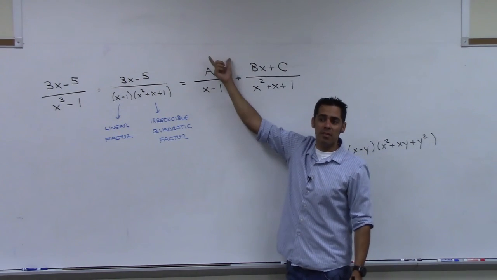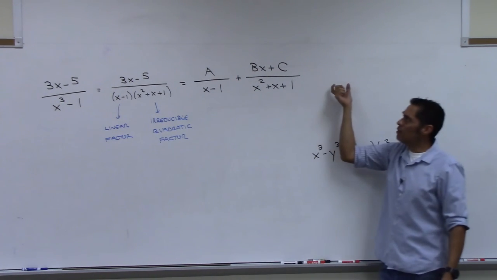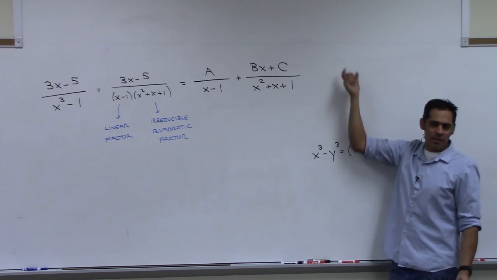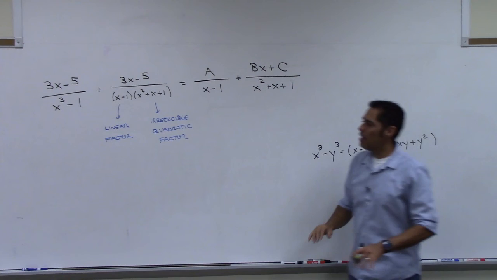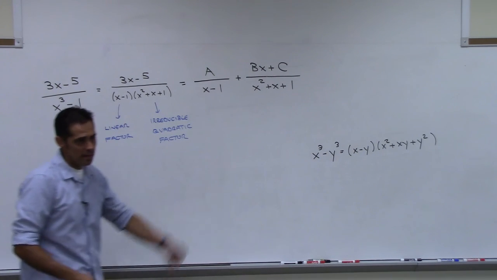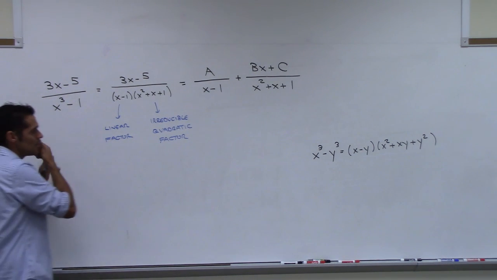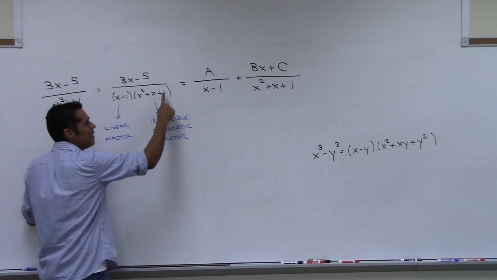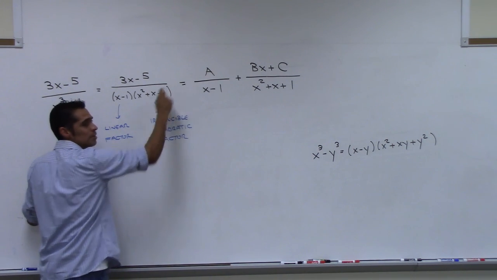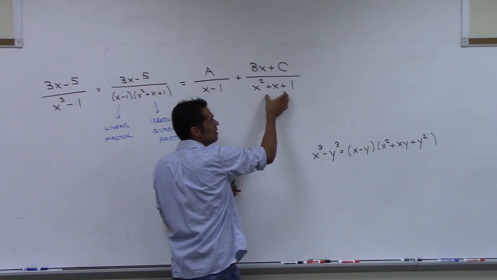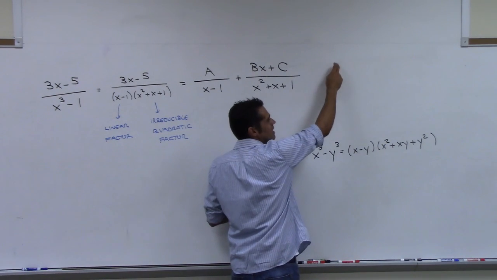Linear on the bottom, constant on top. What do you think would happen if you had an irreducible cubic on the bottom? What do you think would be up top? Quadratic. But we're not going out that far. Even in Cal 2, we only go to irreducible quadratics. We don't go past that. All right? Sure? Any idea or guess as to what would happen had this been irreducible quadratic cubed? You would have bx plus c over this, then another maybe like dx plus e